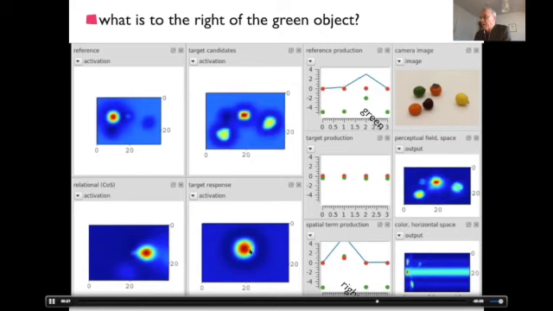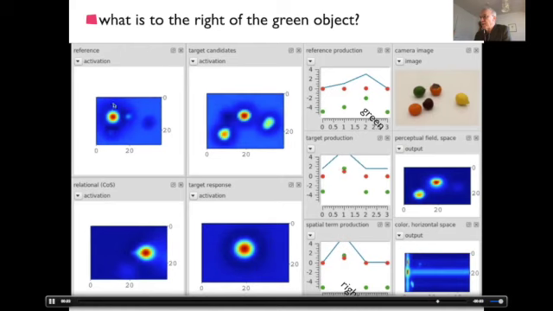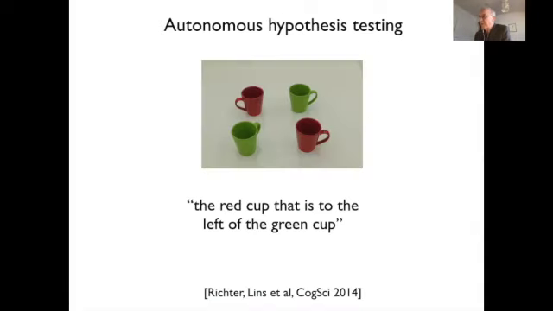And so there, yeah, here you see it selected this object as to the right, because centered in this left object, it is right in the cone, and then that's recognized as an orange object, I guess. So that's how that machinery works. And the last one, I think this is the last one I have, shows you how this actually gets to higher cognition, because now you can do things like hypothesis testing. So for instance, here you have a scene with 2 red and 2 green objects, and you're saying the red cup that is to the left of the green cup,